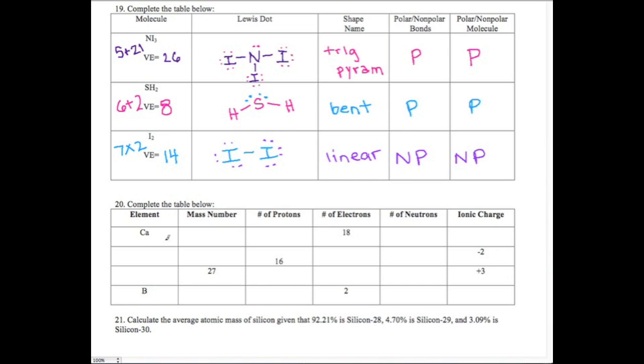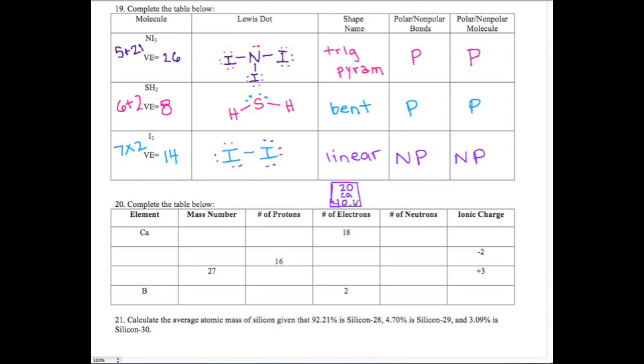All right, let's look really quickly at this table. This is going to be worth quite a bit of points on your test, so I want to make sure you guys understand it. So let's look at Ca quickly. If you look at your periodic table, what it looks like is the following. For each element, I'll show you for Ca, you've got a box, and then you've got a number on top, so 20 for Ca, then its symbol, Ca, and then you have another number on bottom, which in this case is